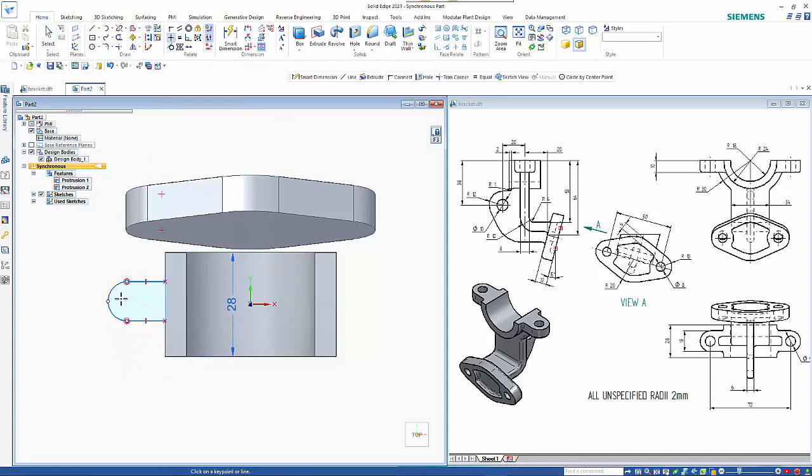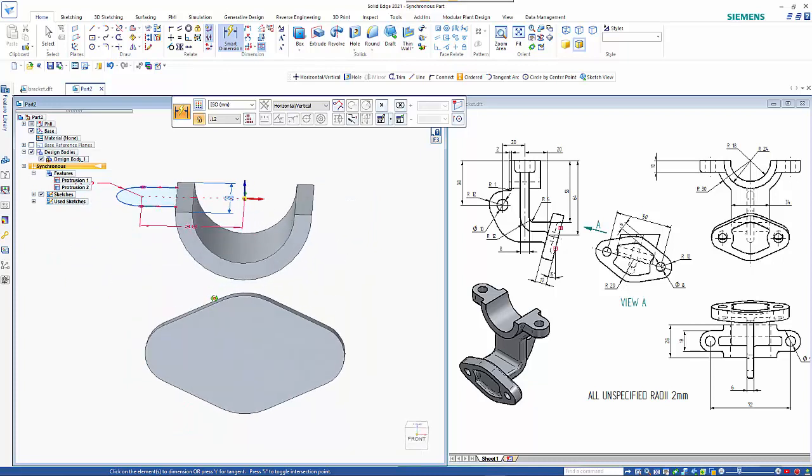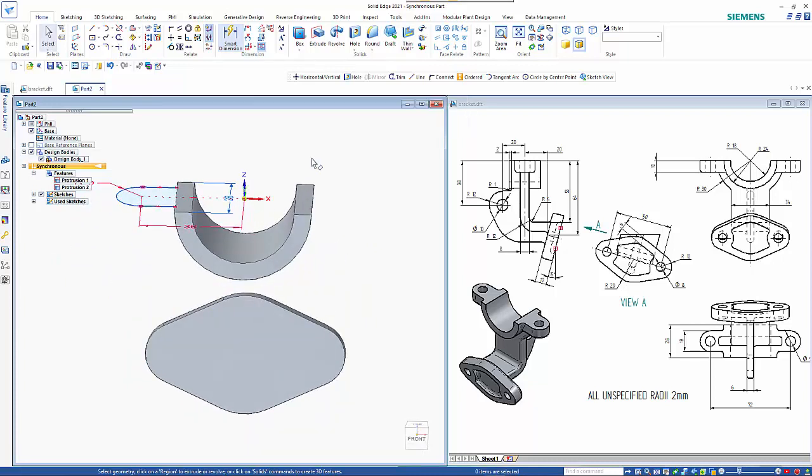So lock the center of that to there using the horizontal vertical relationship, and then add the dimension. So that's going to be 9 and 36 to the center. So from here we can unlock the plane. I'm going to use the extrude command this time and choose the chain option, pick in on there, click on the inside and turn the shift key off, hit the shift key to give it some depth